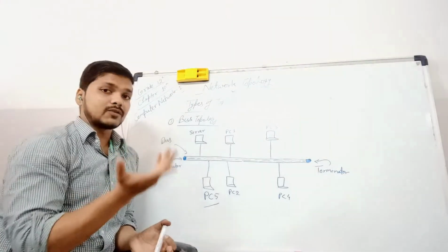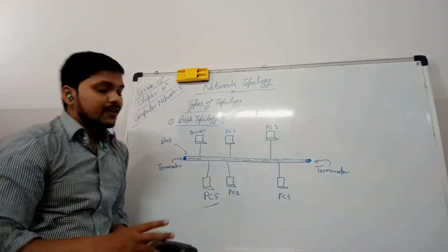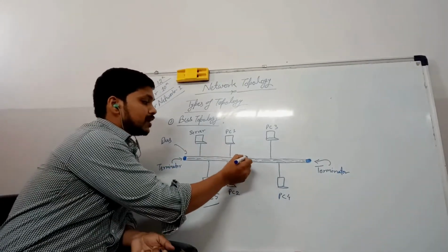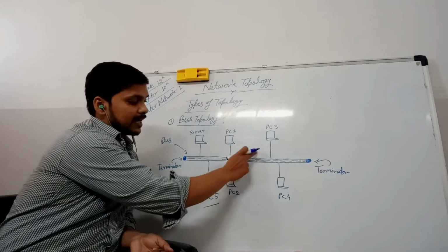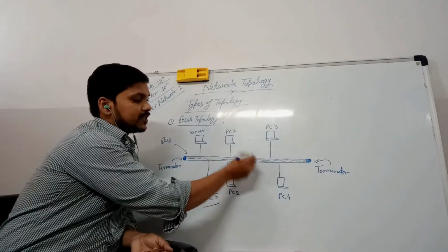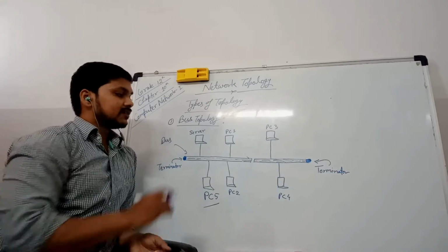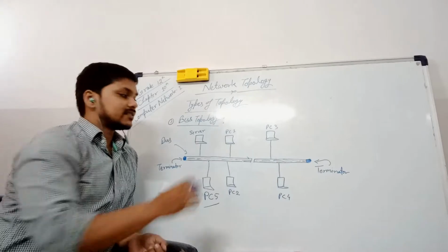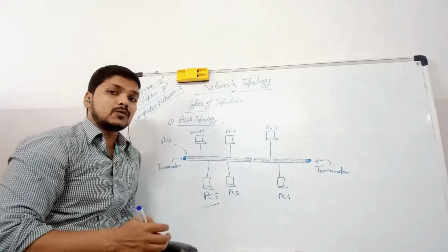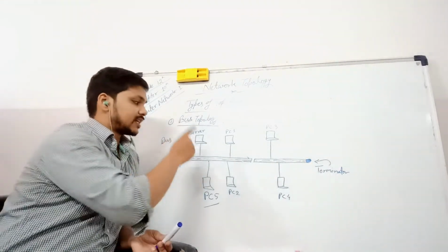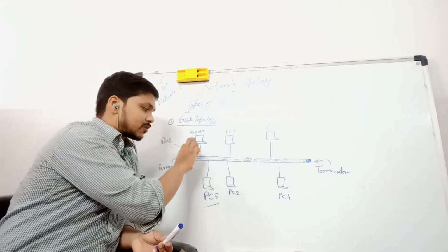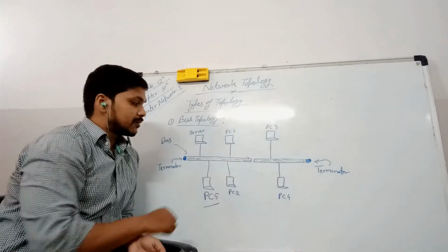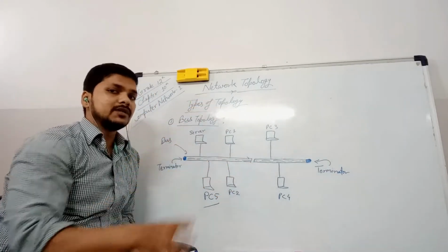If we talk about the disadvantages of this type of topology, if any fault or break comes in this main bus or cable, for example, if this cable is broken at any part, then at that time the connection will be lost for all the computers. Just as the star topology requires proper working of its central node, this type of topology requires proper working of this particular bus or cable. If this cable is disturbed, the whole network will be disturbed.